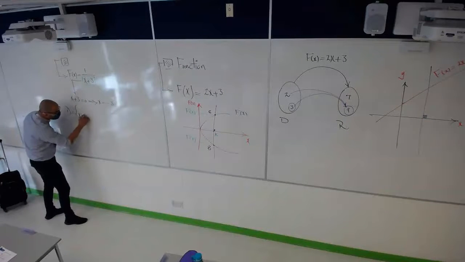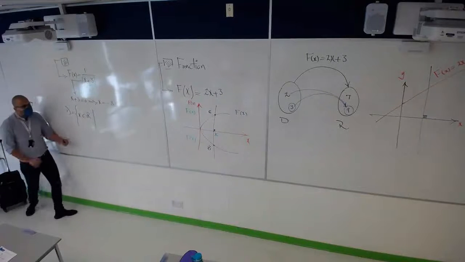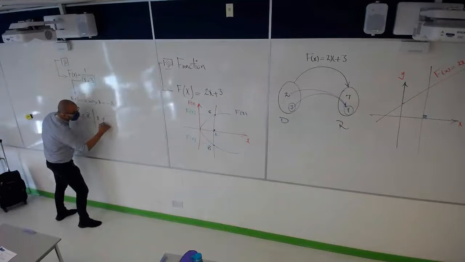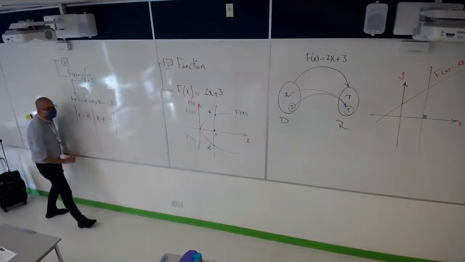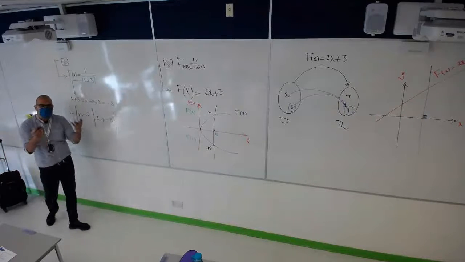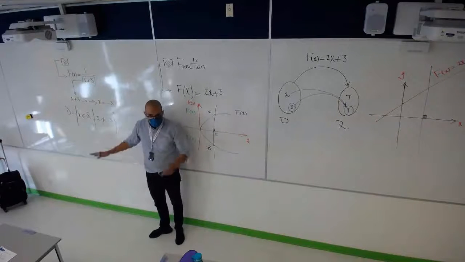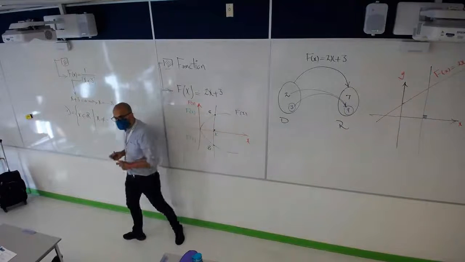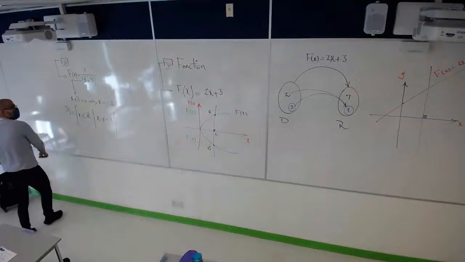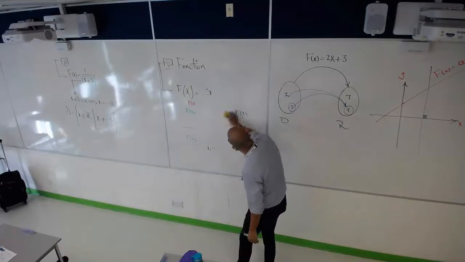All the x's belong to the real numbers, however, x should not be equal to minus 3. Because if it's minus 3, the denominator becomes 0, and that's what we have to avoid. We talked about that before the second test. Now, if we want to expand this method, we have to talk about something else.